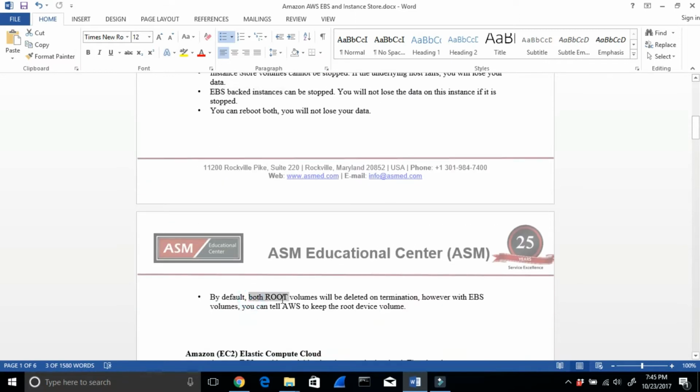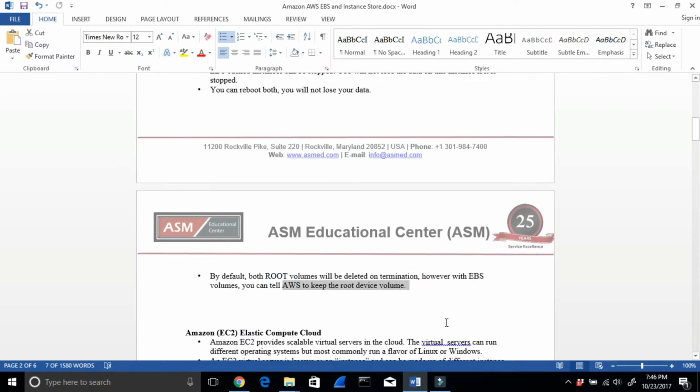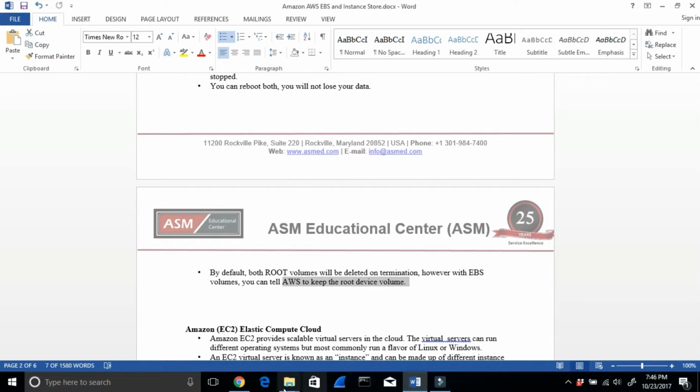By default, both root volumes will be deleted on termination. However, for an EBS volume, you can tell AWS to keep the root. So there's a check mark. Later I'm going to show that I can leave that check mark unchecked. I'm going to show that later. Okay. Now, when you go to the